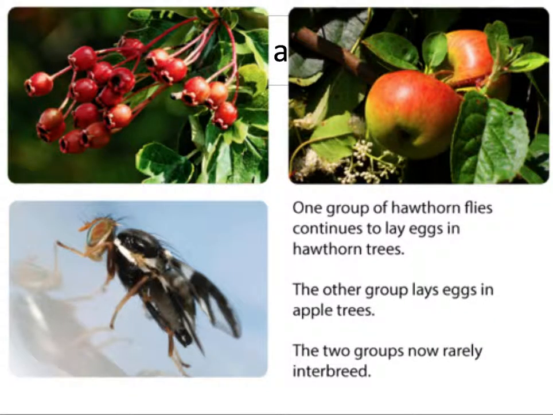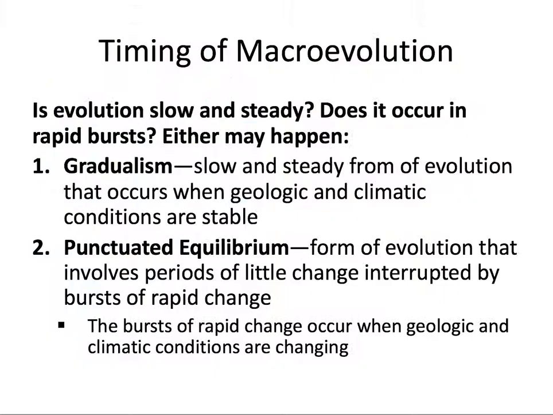Here are these flies, right? Here's the hawthorn fruit, the apple fruit, and the species split so that some members of the species evolved to eat this hawthorn fruit and reproduce so that it's in line with when this fruit ripens, and the other part is adapted to eating the fruit of the apple tree and times its reproduction accordingly.